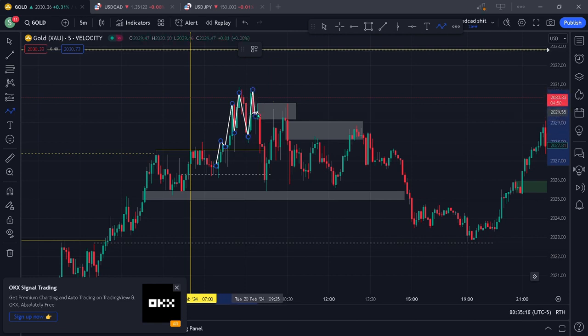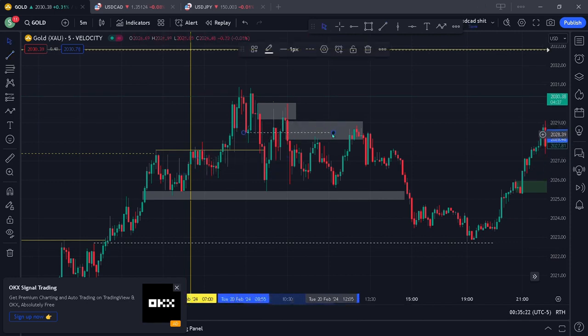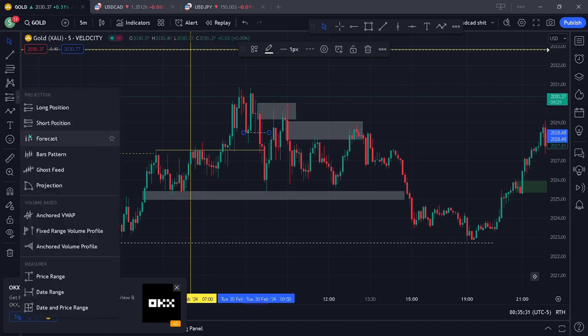okay, there's a little move there, and then we break down. The break is right there, right there. So that's after the 8:30 Judas swing move, and then you start looking for your first entry. I've said this before, around 9:30 to 10:30 is when you're going to find that move. You enter, you go short,